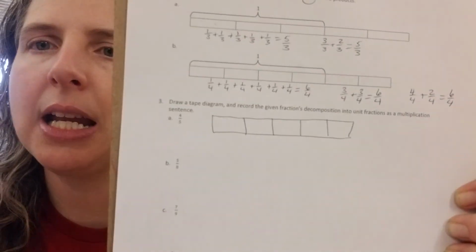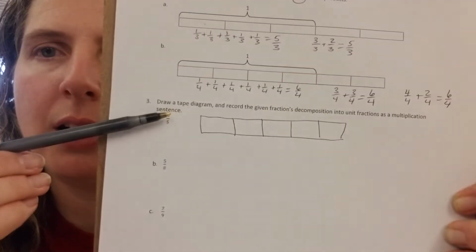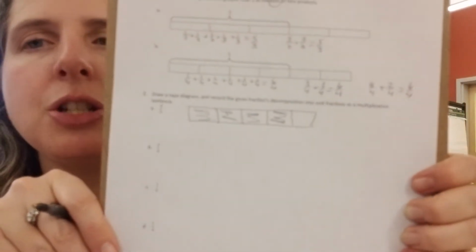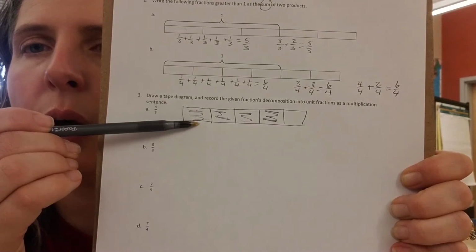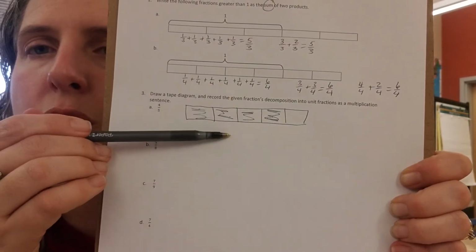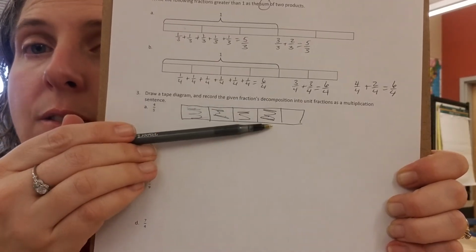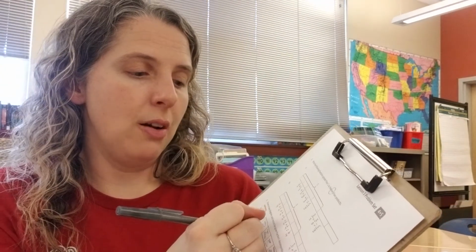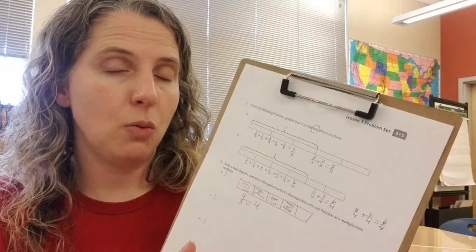How many need to be shaded? How many out of the 5? 4. 1, 2, 3, 4 have to be shaded. Okay? This time they don't want you to do the addition sentence. So how am I going to make that into a multiplication problem? Each box is 1/5. How many 1/5s do I have? 1, 2, 3, 4. So I know that 4/5 equals 4, what symbol am I using,